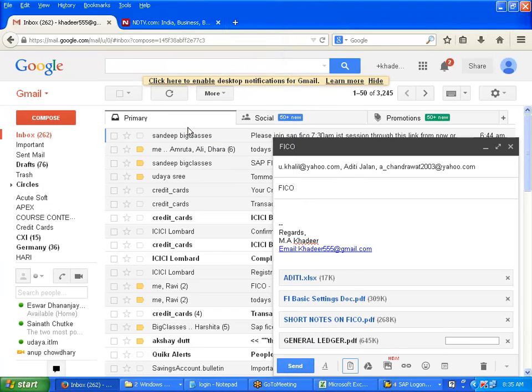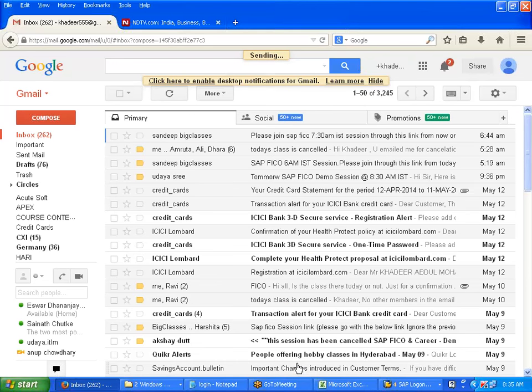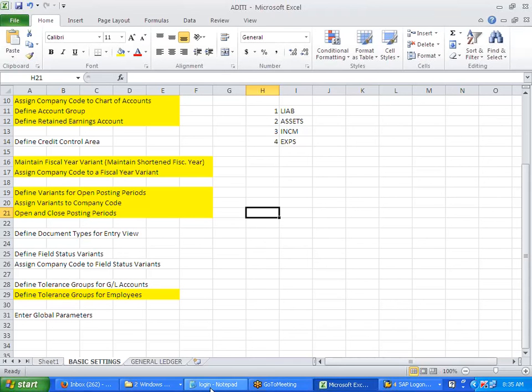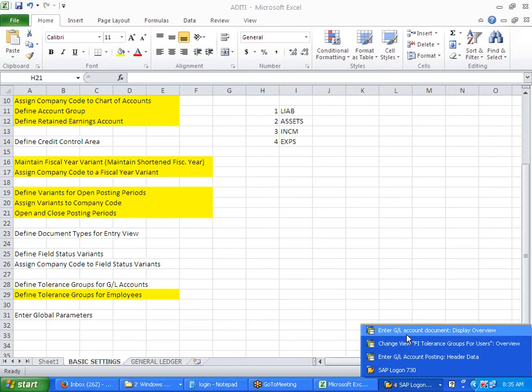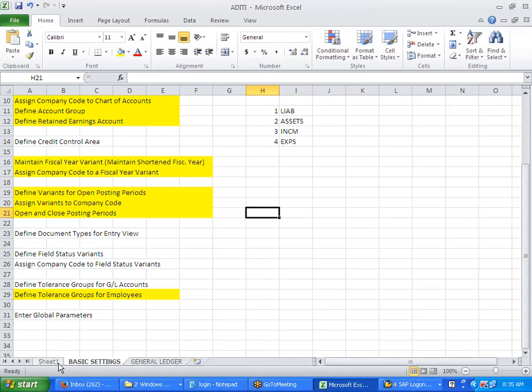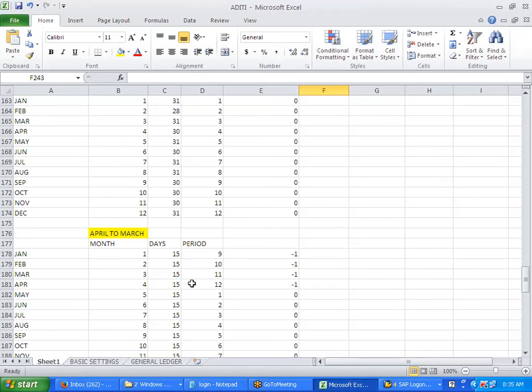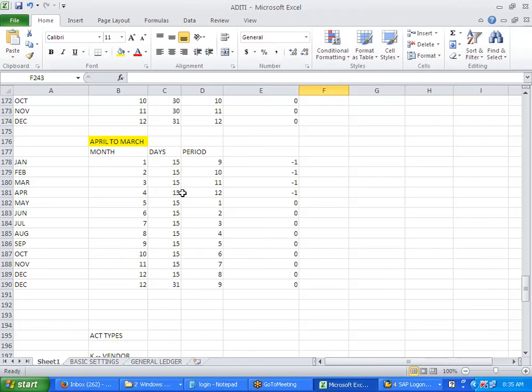GL. Sir, I had a query on that fiscal year variant. Can I ask you next time or should I ask now? No, go ahead. Finish it. When you taught us about April to March, when the date is 15th of every month. In April, you said we keep the date as 15, and May will be 15, and subsequently every month will be 15. So the first period is going to be from 15th May if I'm taking April to March. So what happens to the first 15 days of April?